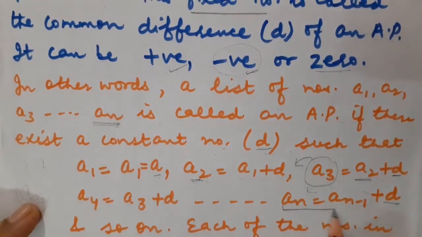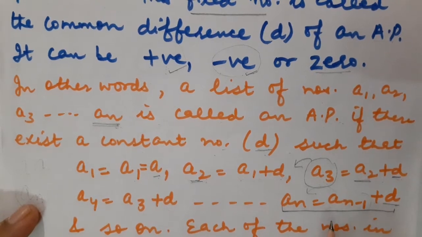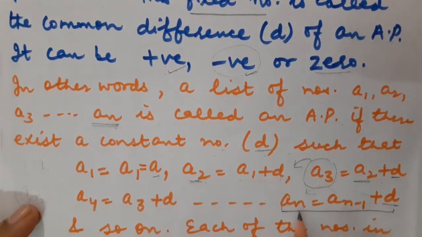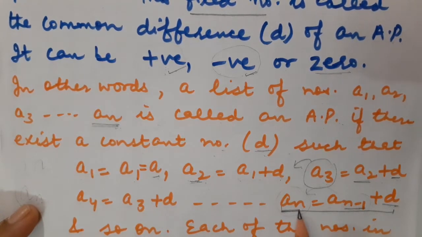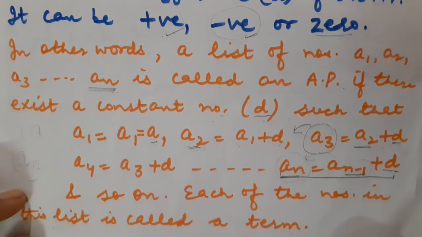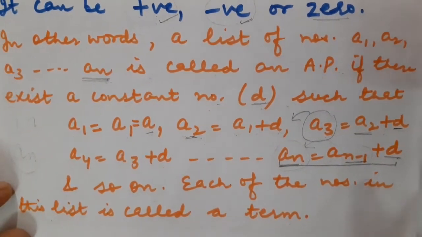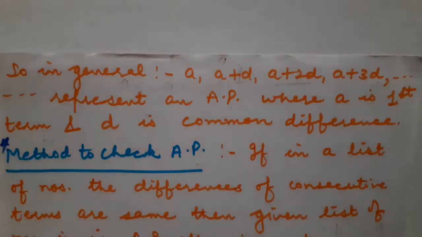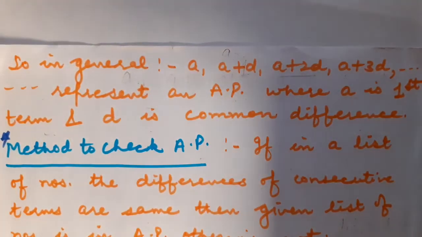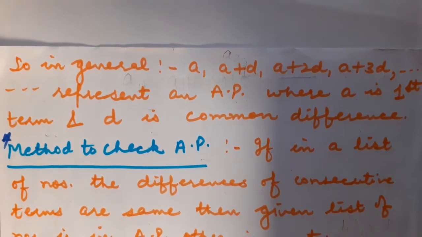Let us talk about the nth term. How can we calculate the nth term? Children, can you tell me what would be the preceding term of AN? Correct. That would be AN minus 1. Of course, N minus 1 is that very term which comes before N. And the common difference will be added to it so that we can calculate the value of the nth term of AP. Correct? And so on. Each of the numbers in this list is called a term of AP. Correct, students? This is one way of writing all the n terms of AP.